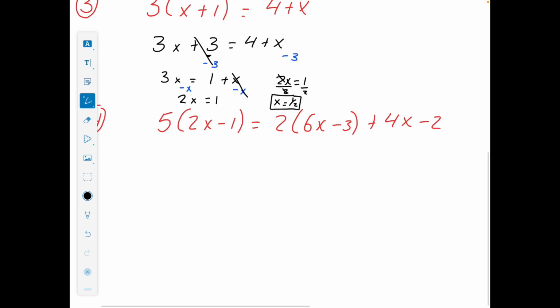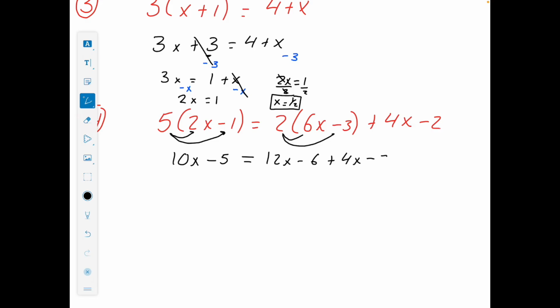So we couldn't really have predicted that answer like we did the first two because there was a bit more involved in it. Okay, last one now, exactly the same thing. First we're going to multiply out our brackets. So it'll be 5 by 2x and 5 by minus 1. 5 by 2x will be 10x. 5 by minus 1 is minus 5. It's equal to 2 by 6, which is 12x, and 2 by minus 3, which is minus 6, plus 4x